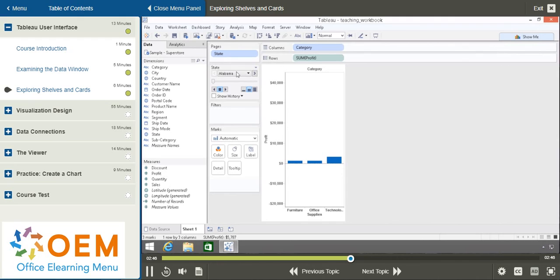So you can see that I am currently on Alabama, which is the first state when it's organized alphabetically. And by clicking on the arrows, I can scroll through each of my states to view the